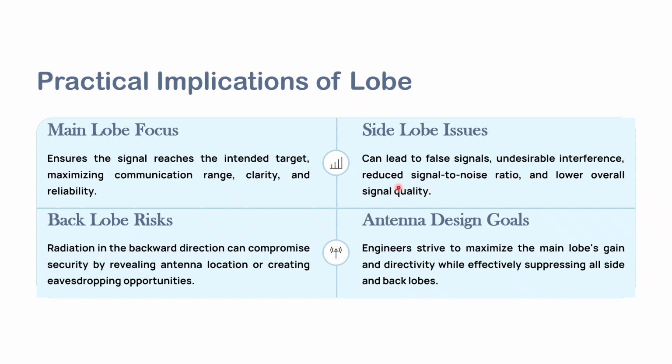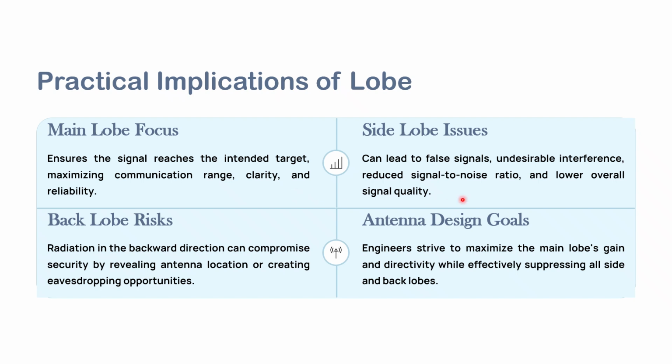So these are the practical implications of the lobes. The main lobe focuses towards the intended target. So which is my desired target? In that target, the maximum radiation has to be transmitted, so that the information is conveyed effectively, with clarity